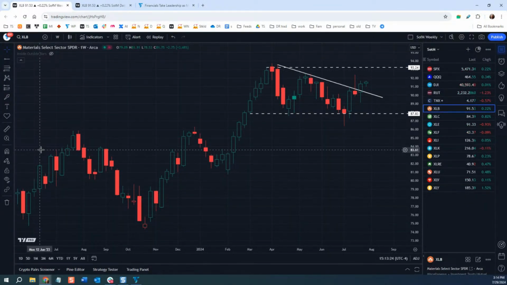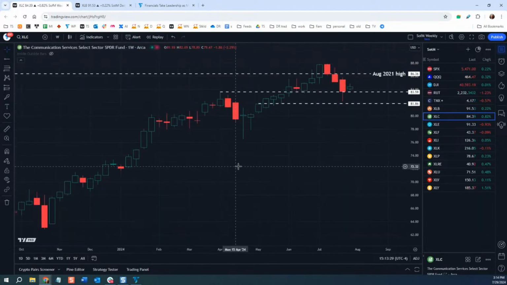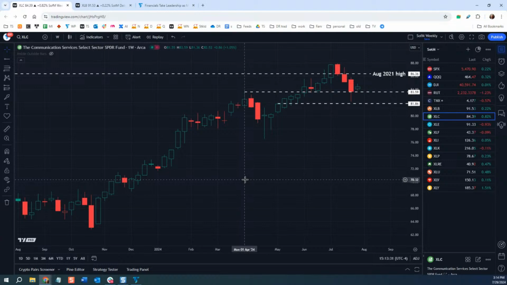All right. XLC is communications, which is Meta and Alphabet. And this is interesting now because we're back on the weekly chart of the XLC. If we look here, it's holding 84, 81.5. This was a high back here at the beginning of April. Also, throughout this period, if you look in early June, there were some lows. So we had a false breakdown under that level and it held here. It's interesting to see an inside week following this plunge that holds.